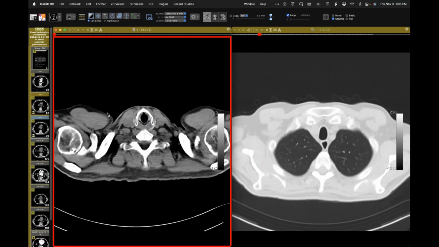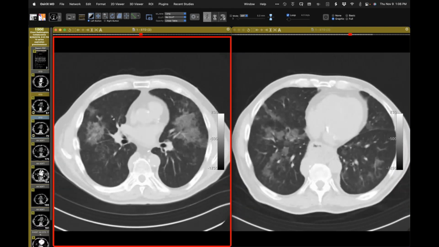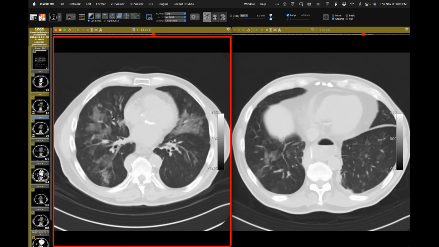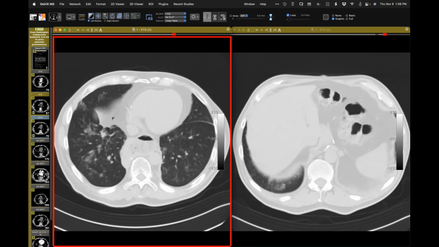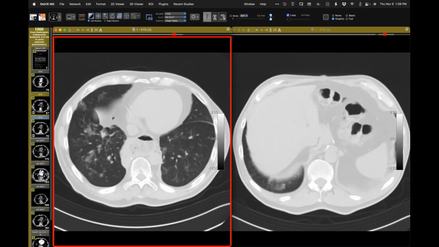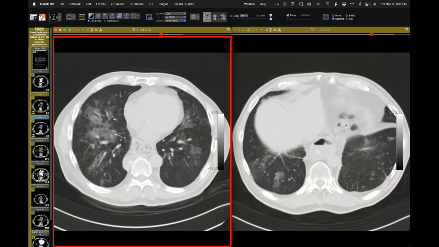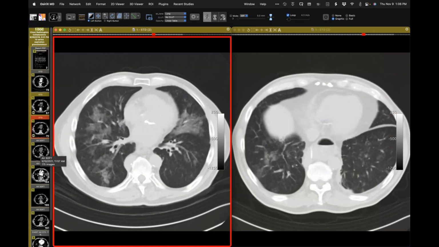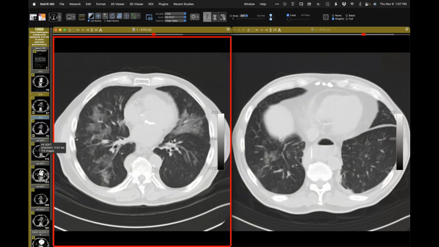Let me bring up another one, 2019. Very similar findings. Consolidative opacities or ground glass attenuating. Many of the opacities are located about bronchovascular bundles, as you see there. Let's go forward in time even more. Actually, before I get to 2021,